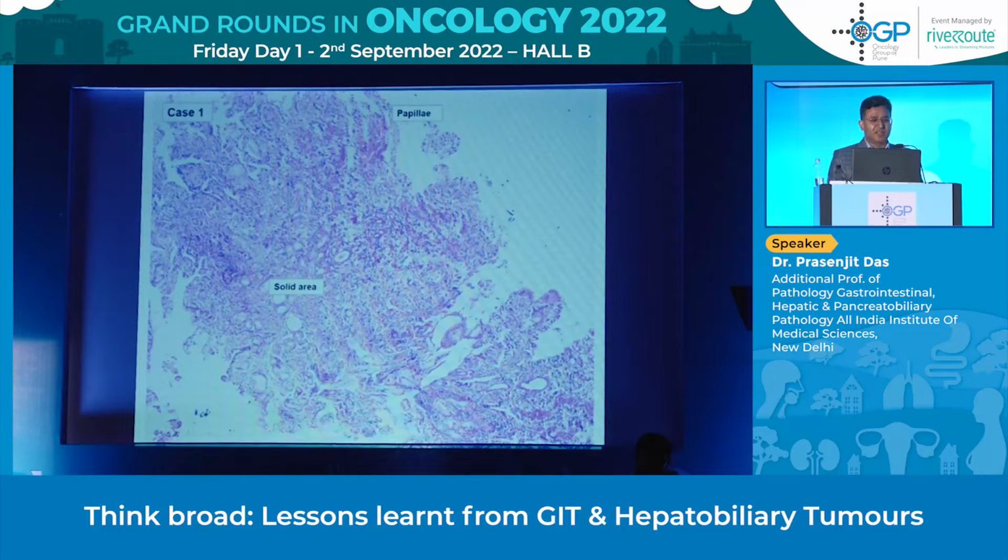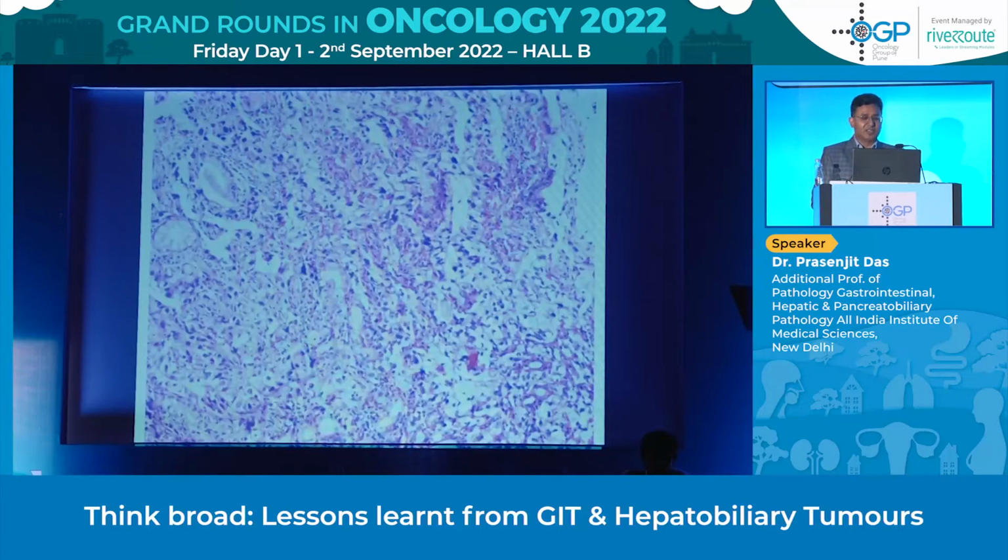So this was the lesion, a very cellular tumor, and on the surface we could see multiple papillae, and underneath there was a solid sheet-like appearance, and it was quite prominent clearing that we can see in this low power itself. So these are the areas of papillae, but as commonly we have seen papillary tumors,